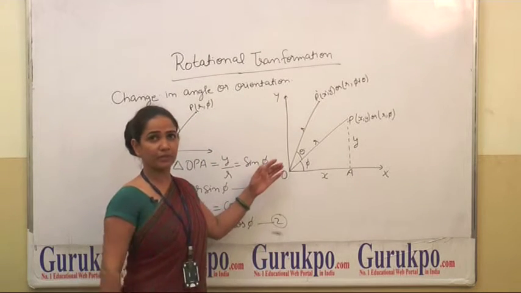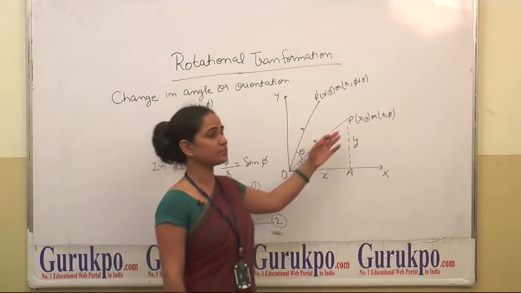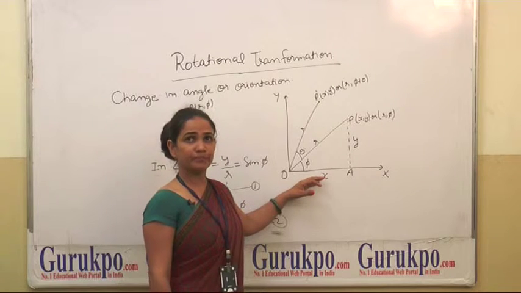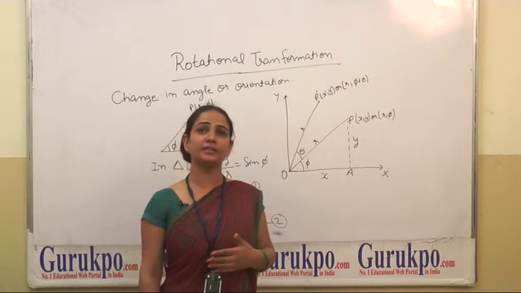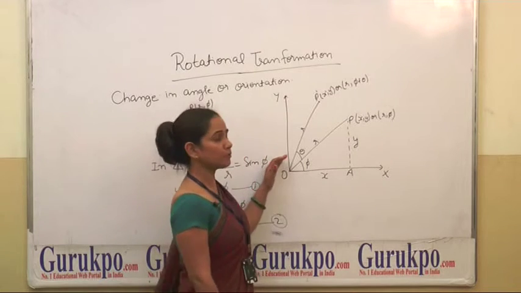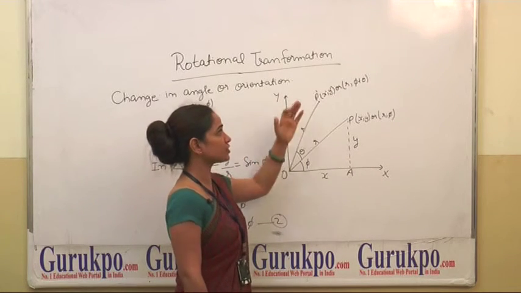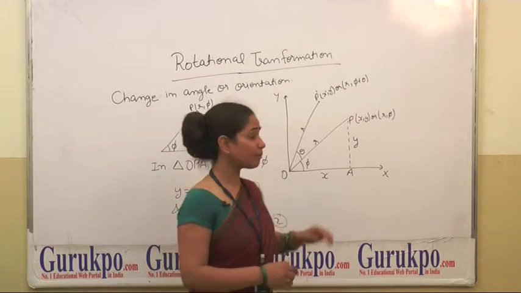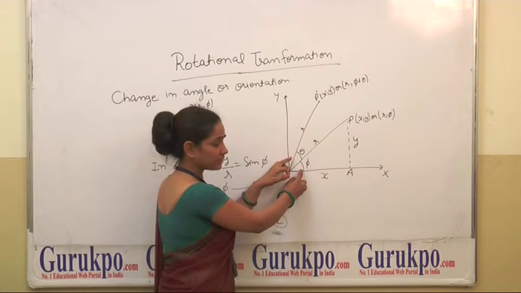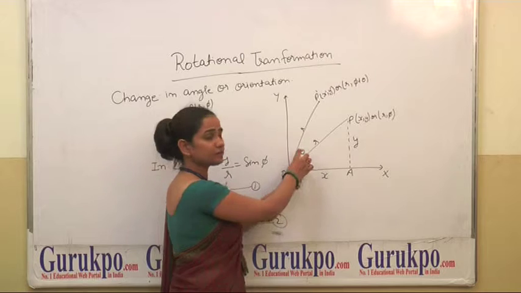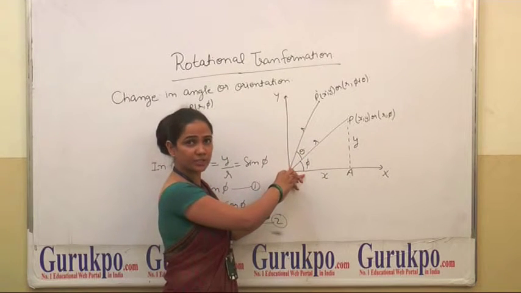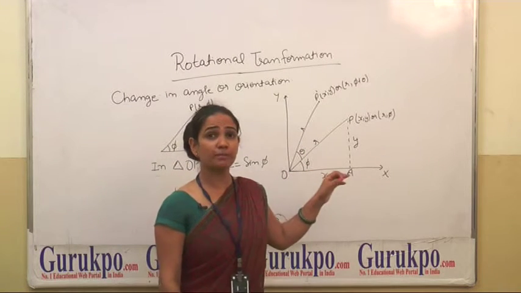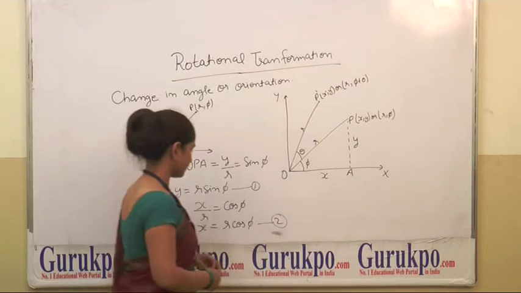We have another diagram in which we can see that we have a point P, that is R, phi, on the xy plane. This point is to be rotated by angle theta. So the new position of point P becomes P dash and the coordinates will be R and theta plus phi. Phi is this angle, plus theta, the angle by which it has been rotated. The total angle covered after rotation will become theta plus phi.